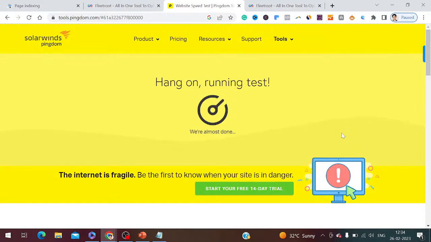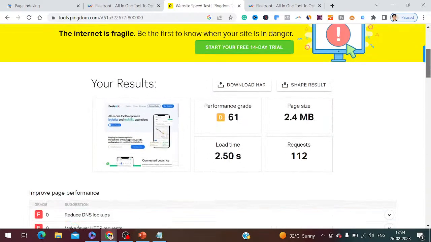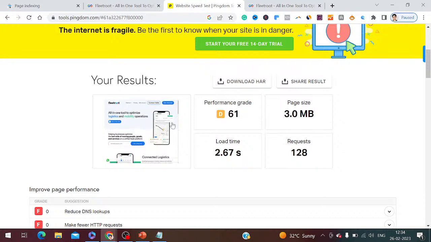Let's wait for the results over here. Okay, see, here it is. This is what it is giving me as the score. Performance grade is 61, page size is 3 MB, time is 2.67 seconds, and there were 128